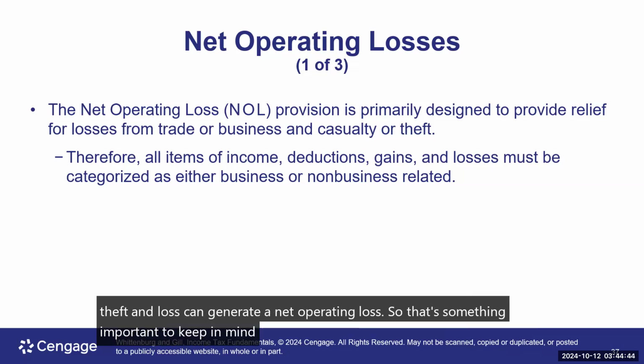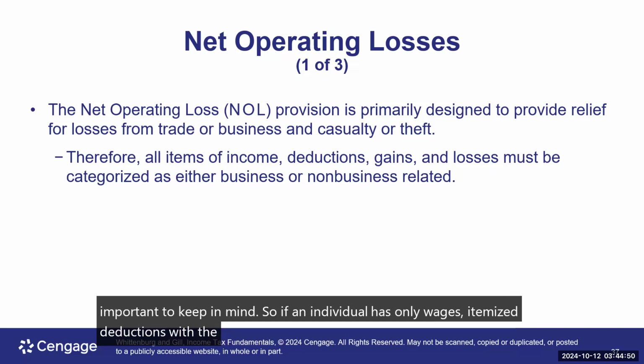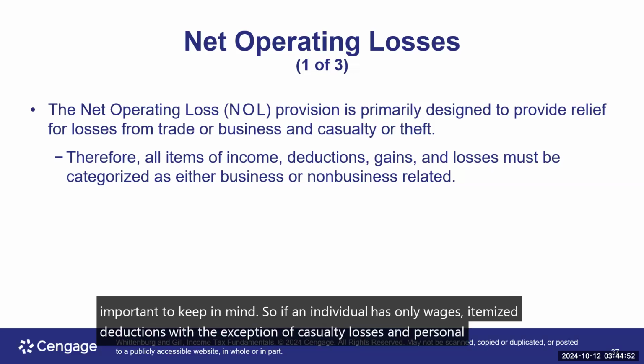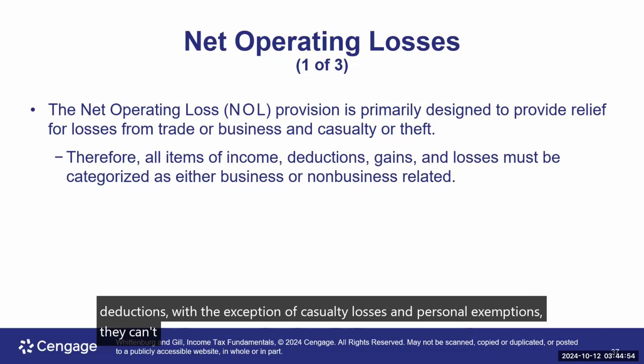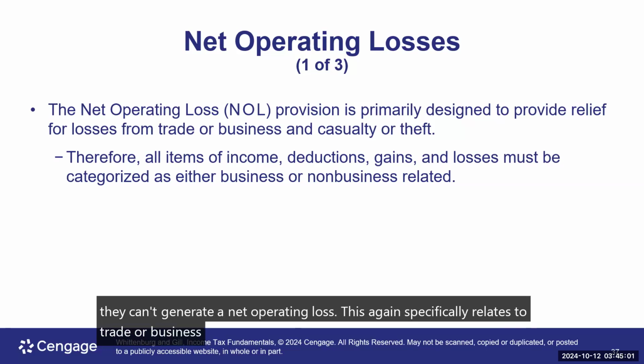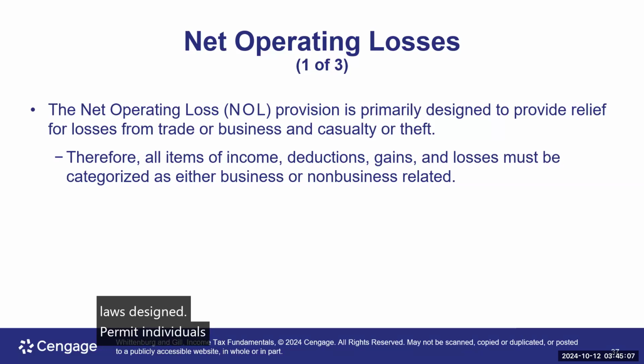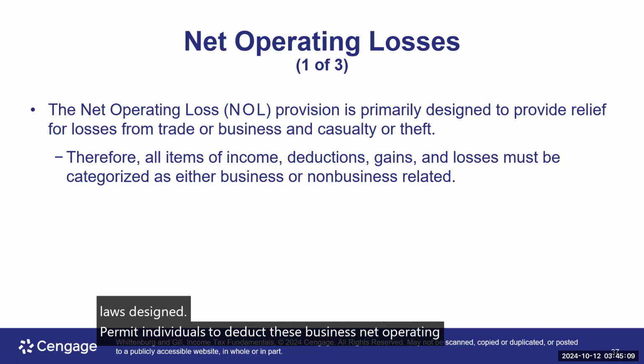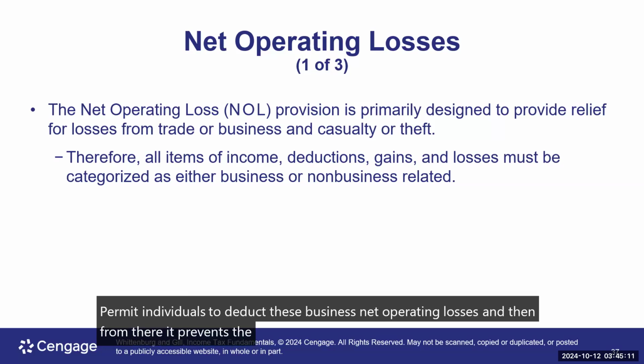So if an individual has only wages, itemized deductions with the exception of casualty losses and personal exemptions, they can't generate a net operating loss. This, again, specifically relates to trade or business and when there's casualty and theft losses. So the tax law is designed to permit individuals to deduct these business net operating losses, and then from there, it prevents the deduction of non-business net operating losses. So